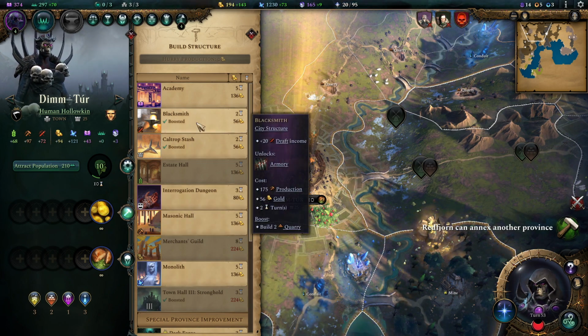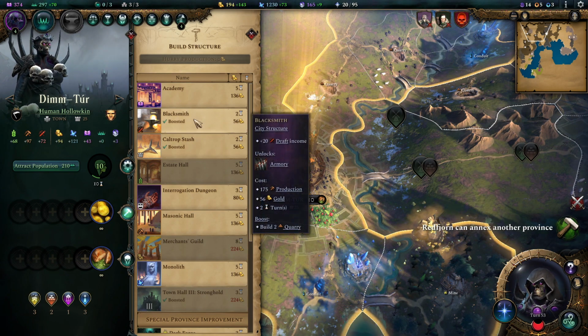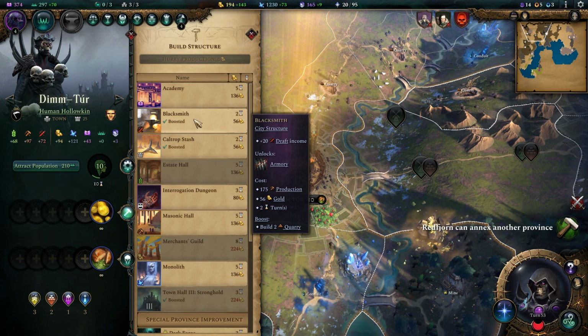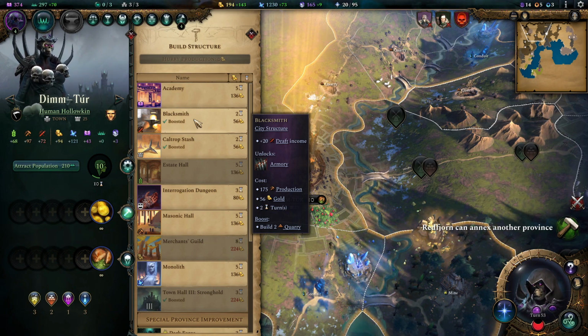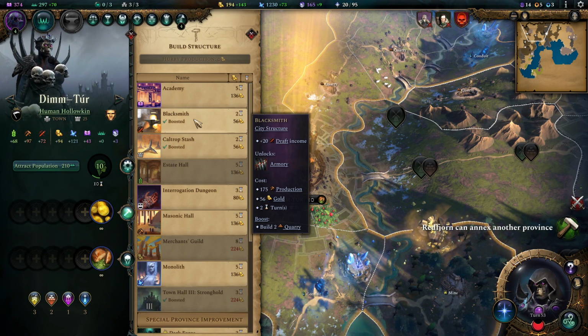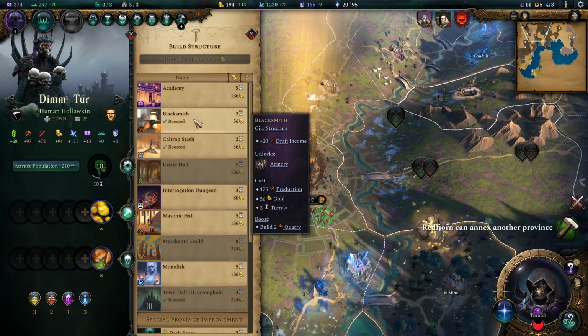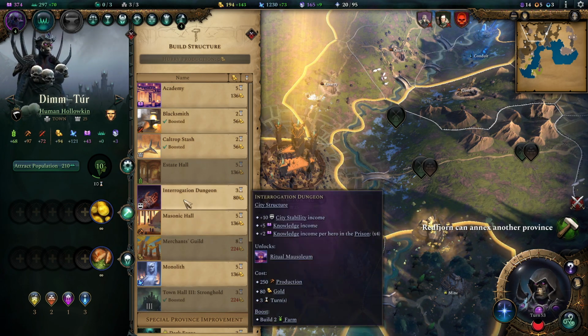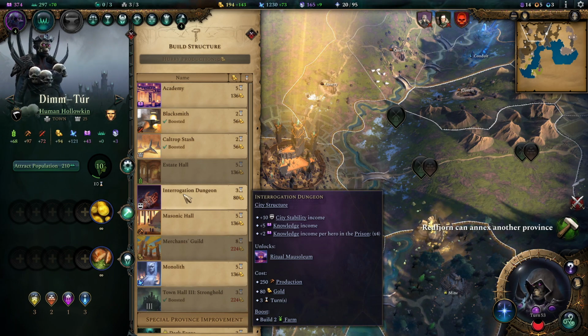Nothing really boosted except the Blacksmith and the Caltrop. So, I mean, the Blacksmith, having the extra draft is good if we want more units, but I don't really think we're using Dim Tur very much when it comes to recruiting units at the moment. So, I think what we'll do instead here is we will go for an interrogation dungeon. I think that's probably going to be...